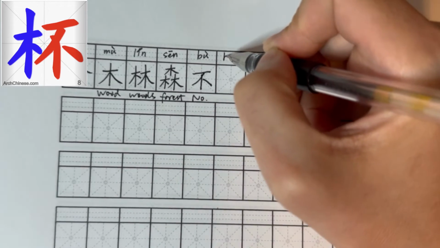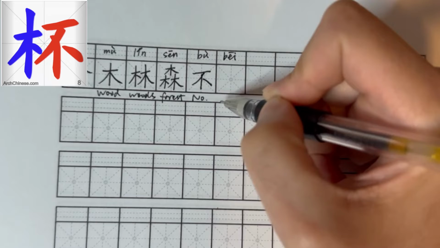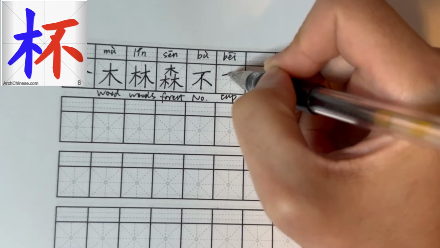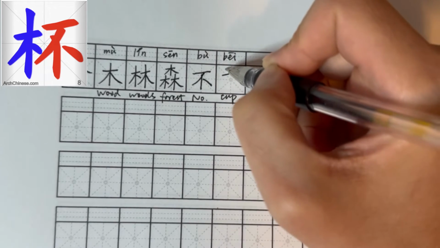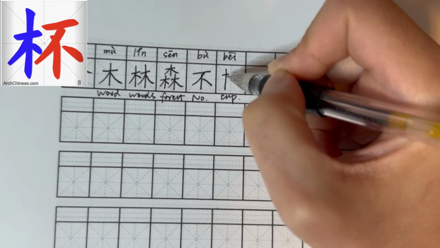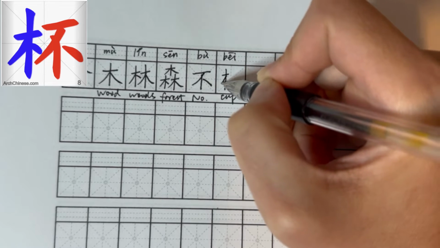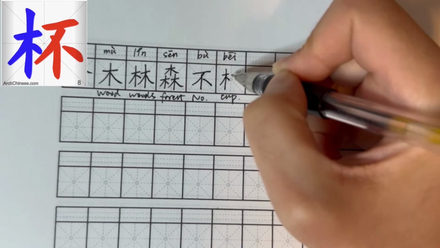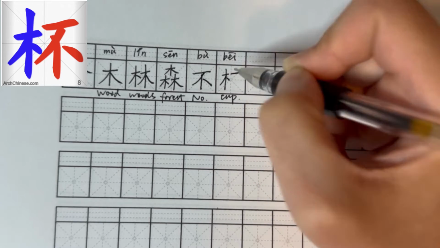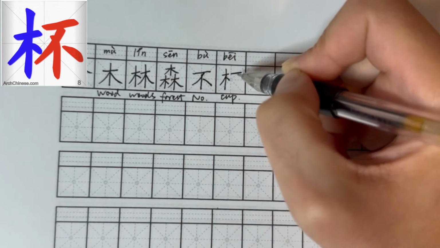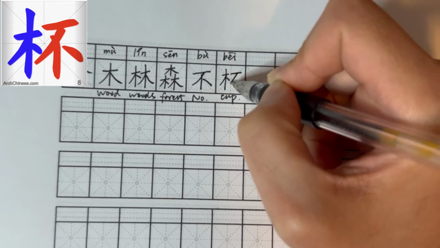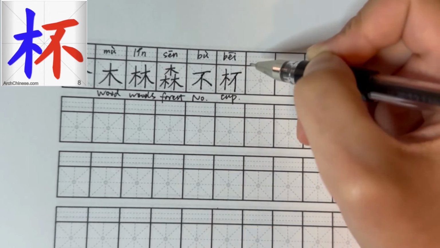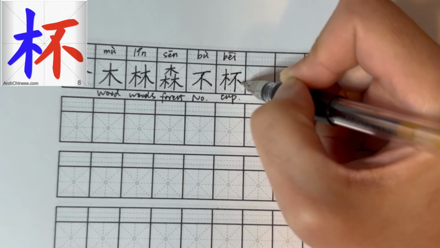It's pronounced as 杯, means cup. 横 树 撇 点 横 撇 树 点